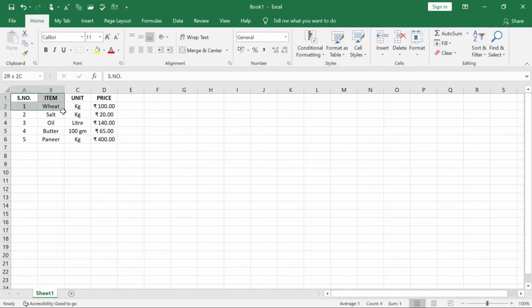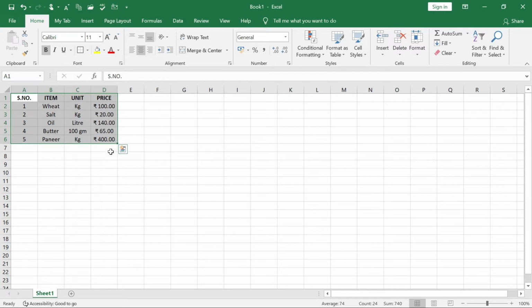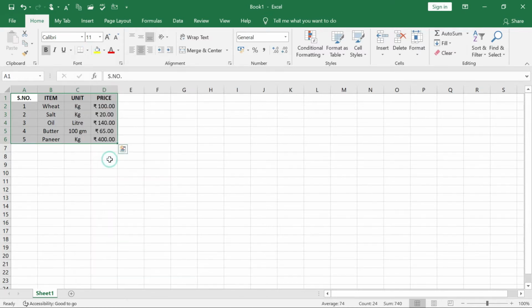Another thing is there. Whenever you want thick borders, in that case also you can do it. The More Borders tool is also available. If you want thick outside borders, you can select Thick Outside Border, Bottom Border, everything. Thick outside border will be like this. All right, this is the thick outside border, and because color is already activated, it is appearing in color. If you want to remove the borders, choose No Border, and if you want only the bottom borders, Bottom Double Border can also be selected. So the bottom double border has appeared. These are the different choices.